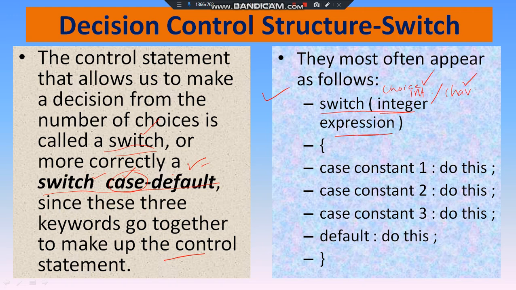Then based on the choice, if your choice is 1, you are going to perform this particular set of instructions. In case your choice is 2, you perform this set of instructions. If the choice is 3, you perform this set of instructions, and so on. If you have not entered any valid choice, for example here there are 3 choices, if you mistakenly enter 5, it will say that the choice is not correct. So by default, if none of these is true, it will go to this one. This is how the switch statement looks. Let us discuss this in a more better way.